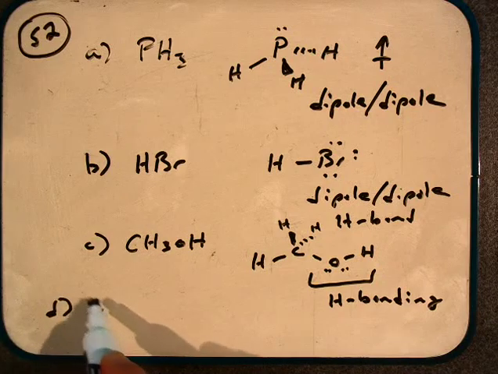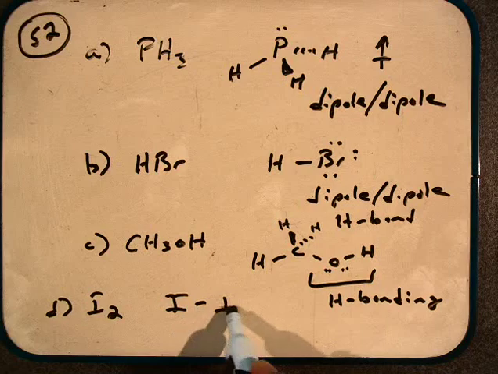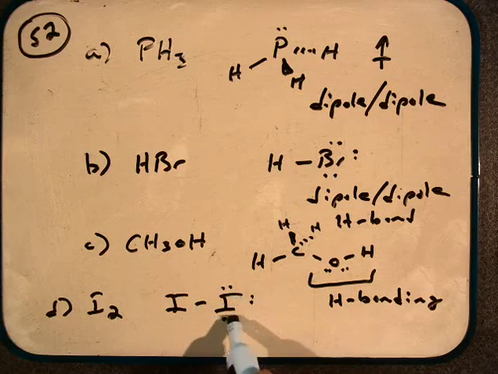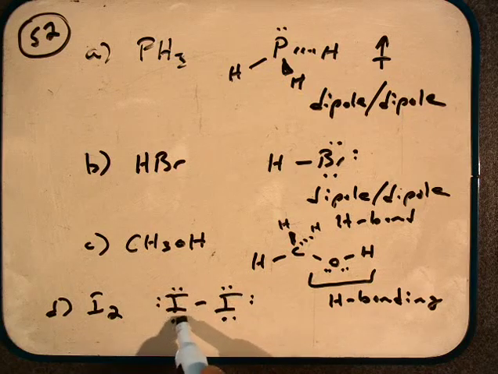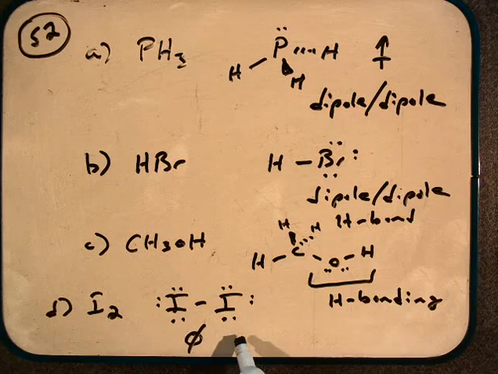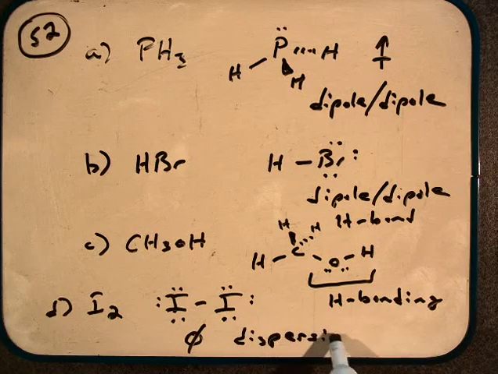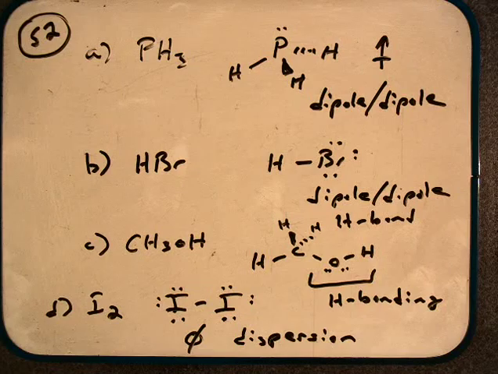And then lastly, for part D, we look at iodine. Iodine is very similar to HBr. We just have that single bond, in this case between the 2 iodines. This would be an example of a molecule not having a molecular dipole. And so since it is lacking a molecular dipole, then we have dispersion forces now as the strongest force of